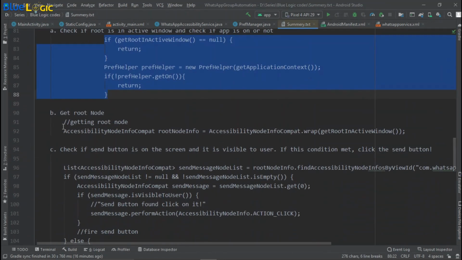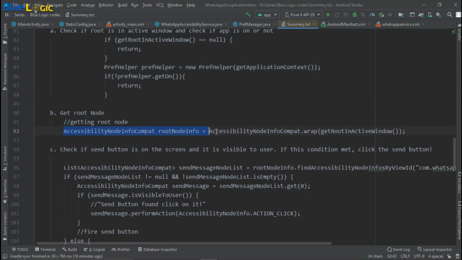So the second thing is to get the variable of root node info, that is the default window. As we know that any window has multiple nodes. Nodes means, let's say the button is the node, and then there will be linear layout or another button or text field. So these all are the nodes.